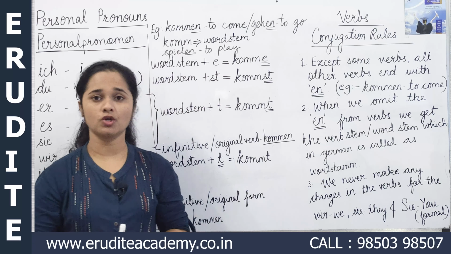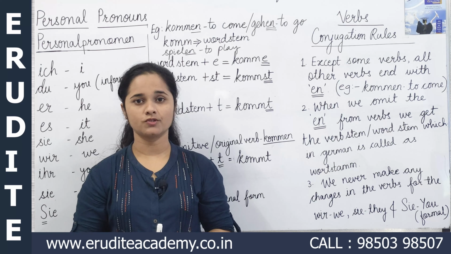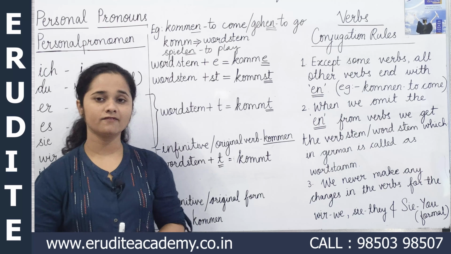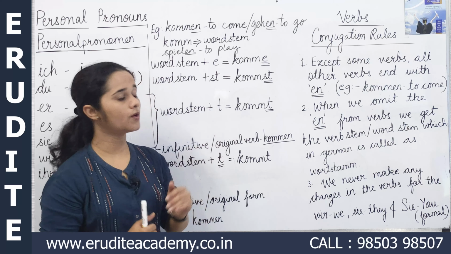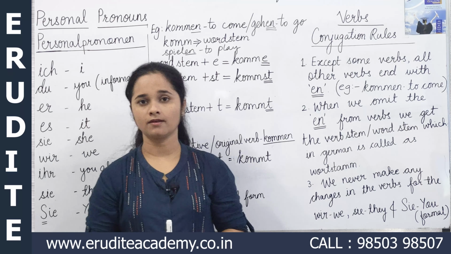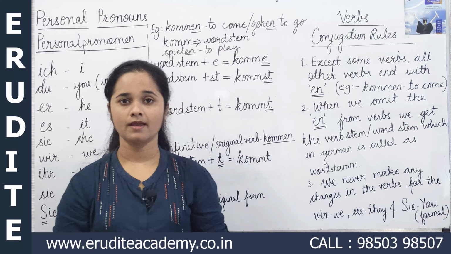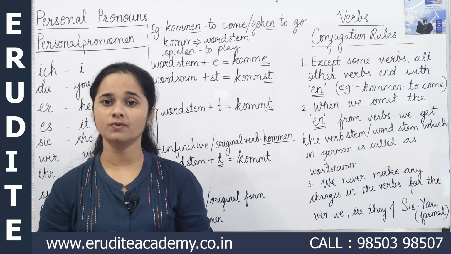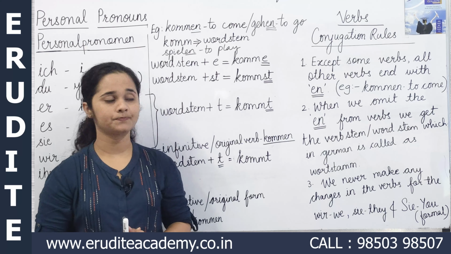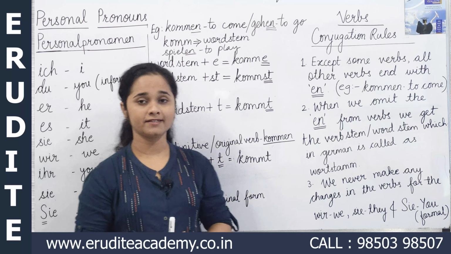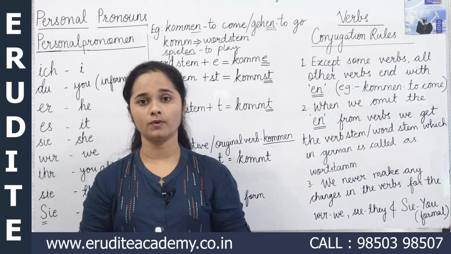The verbs in German all end with en. There are some exceptions. For example, we have the word kommen. Kommen means to come. You see, the verb is ending with en. All verbs are supposed to be written in small letters, until and unless you are framing a question with the verb. Then the second point says we omit the en from the verb, we get